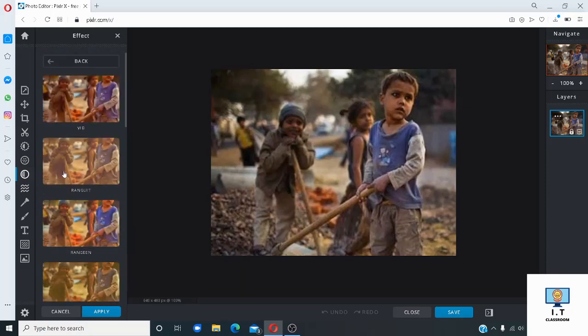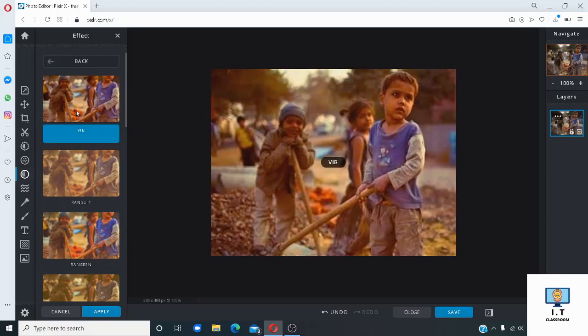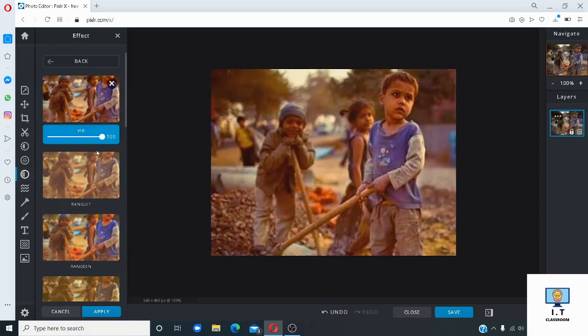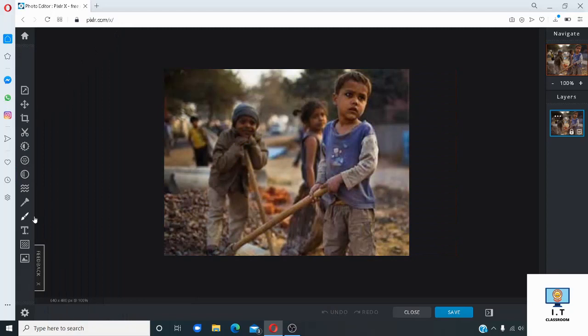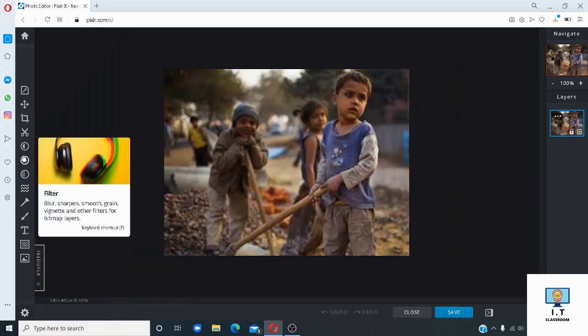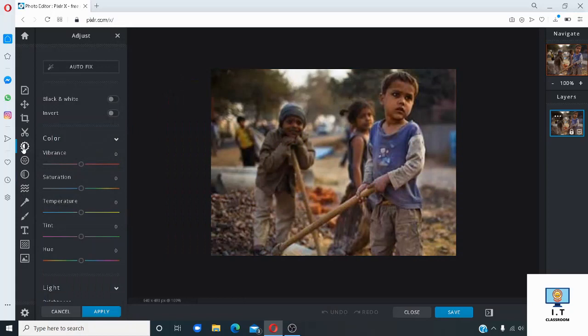As I have selected, now I will tell you how you can adjust the colors in the picture.